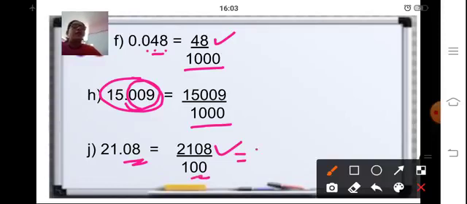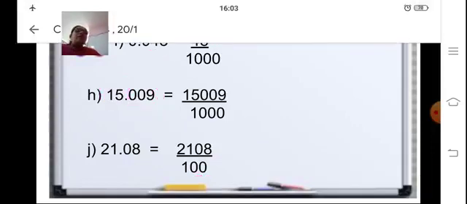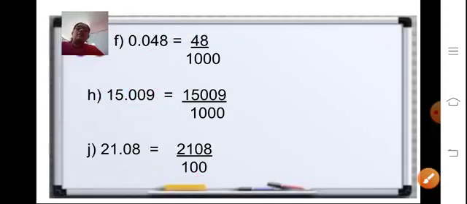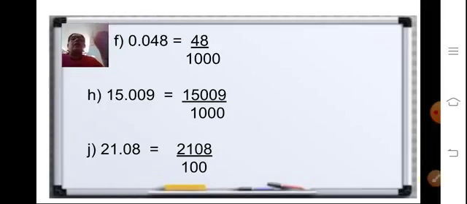So when you change it into decimal numbers, again you will get the same answer. We already did that in the first exercise. So that will be 2108 upon 100. So this number you will write as it is. 100 means after the two decimal places, so you'll put the point here. Okay. So it's quite very simple. Just keep the steps given in mind and it will be easy for you to solve.